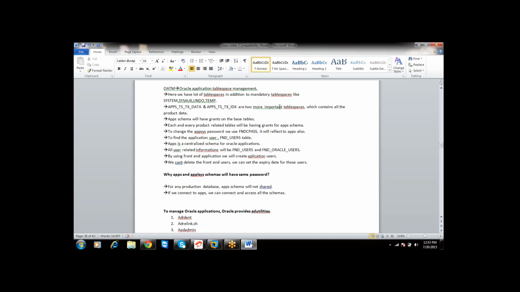In the previous version of your Oracle application, for each and every product, if you take the example of the AP product, there are two tablespaces. One tablespace is used to store the data and another tablespace is used to store the indexes. How many products are we having? Let us take an example of 200 products. So 200 products into 2, that is 2 tablespaces for each product, so there are 400 tablespaces. It is not easy for Oracle applications or the Oracle database to manage 400 tablespaces.